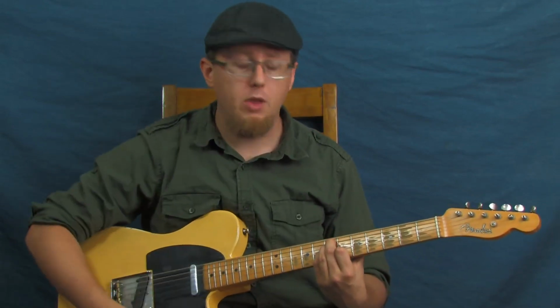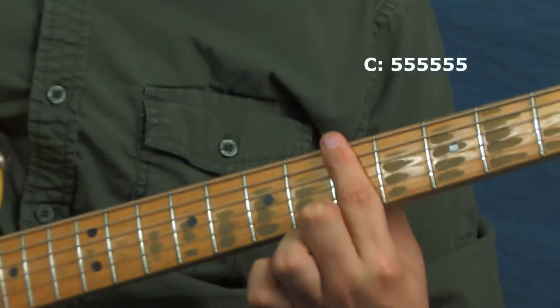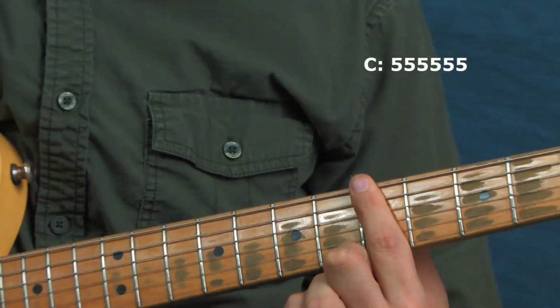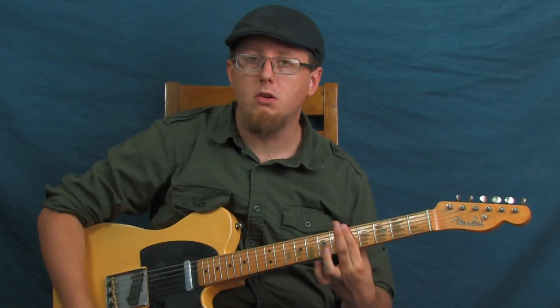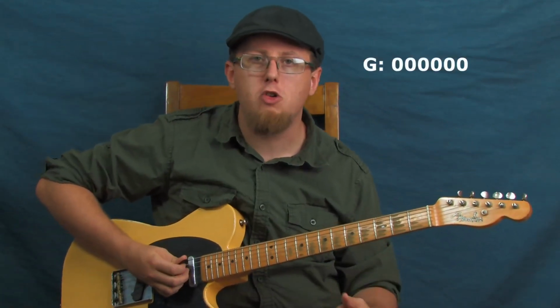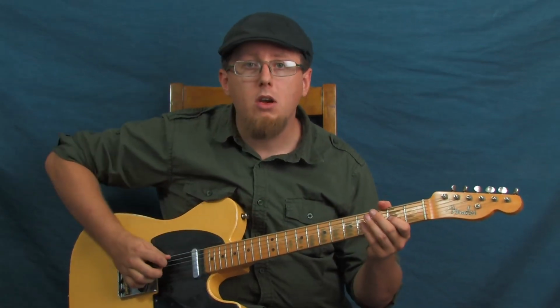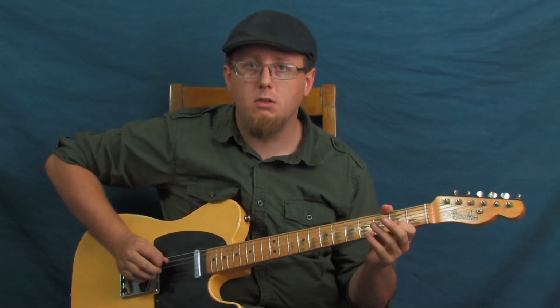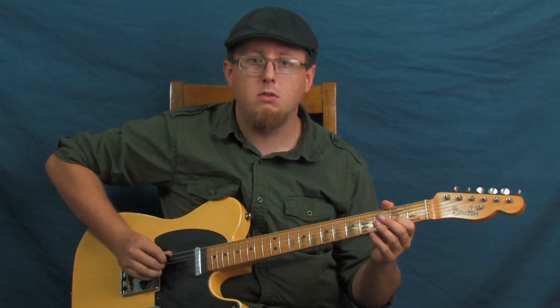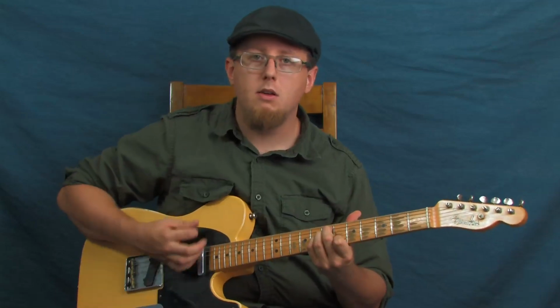So D minor, going to our one-fingered C chord here. D minor, C major, back to G. And our riff is kind of just based on a G major chord. We're picking the notes individually, but kind of implying a G chord there. So all together. Minor, C,